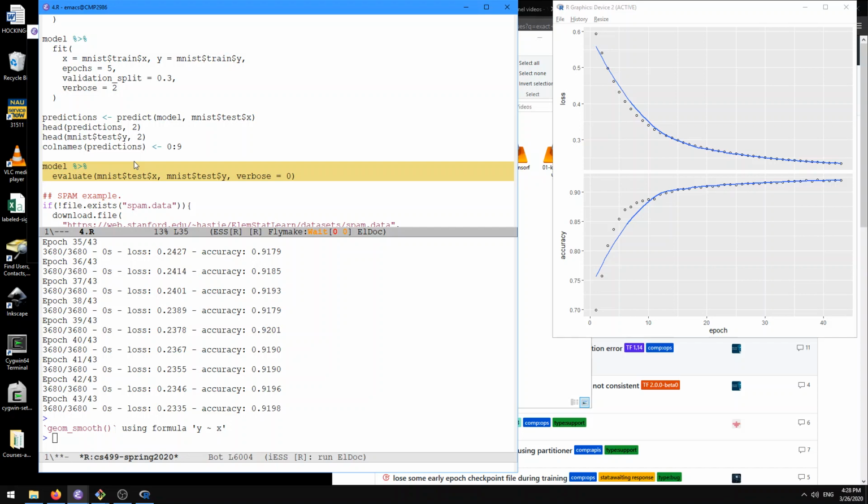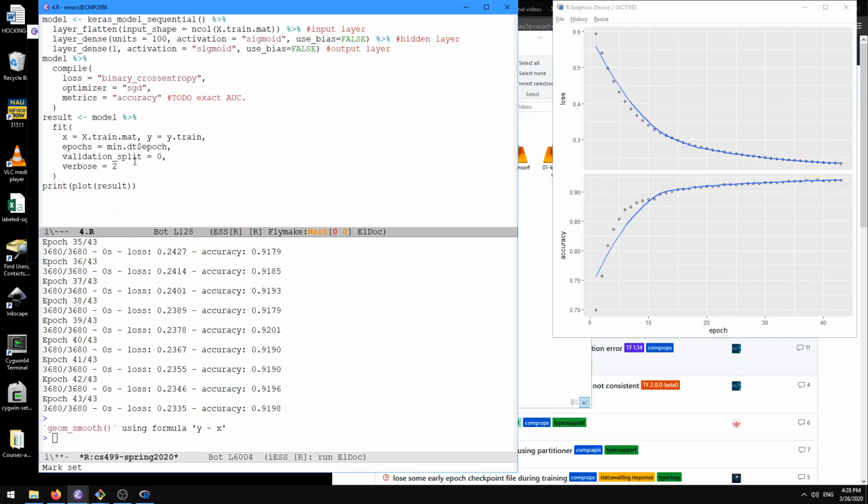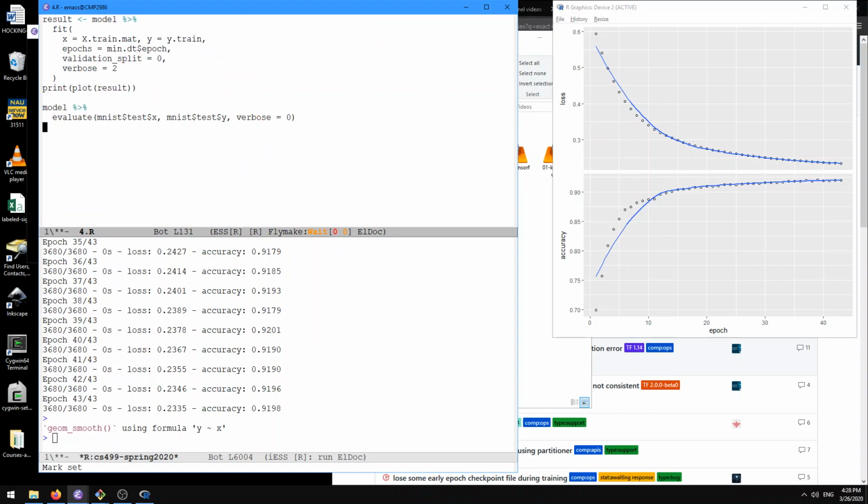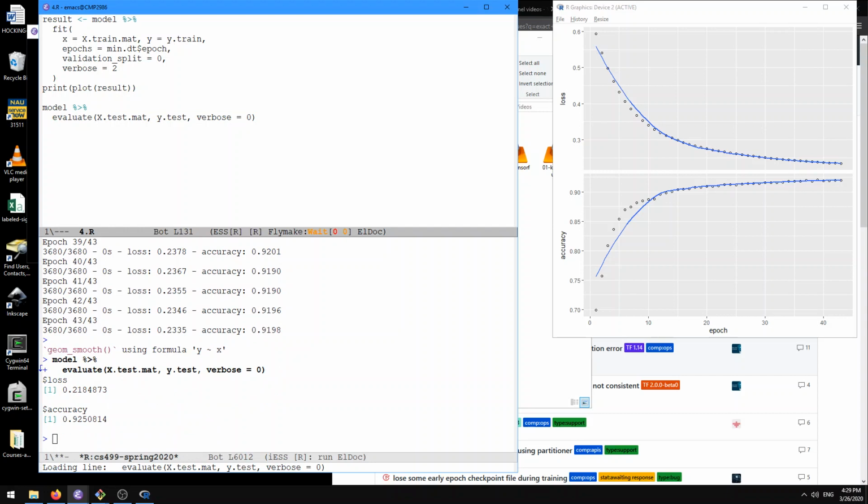So let's do that. Let's evaluate and see what that gives us. And so if we do model evaluate, here I'm going to replace this with X test mat and then Y test. That should give us some measure of our loss and our accuracy with respect to the